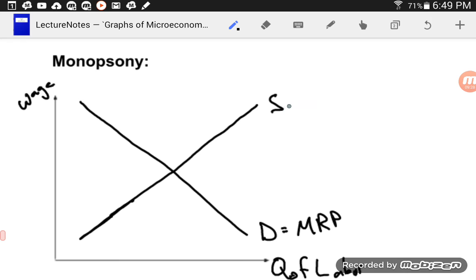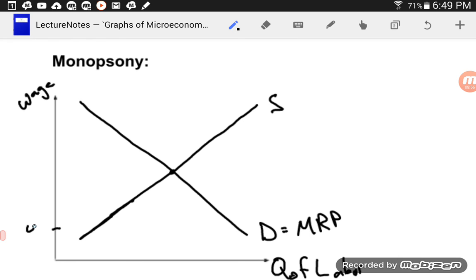If this is the supply of workers, I can hire one at this wage, I could hire two at this wage, I could hire three at this wage. And so there's maybe that market equilibrium. But my marginal resource cost, so my resource is this worker, the cost of each additional worker is actually going up